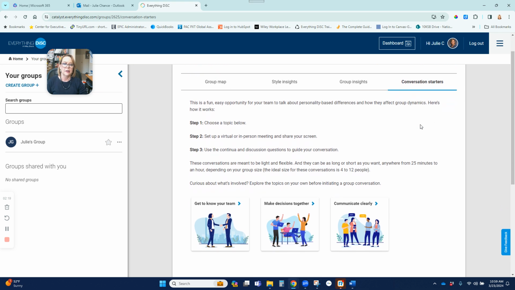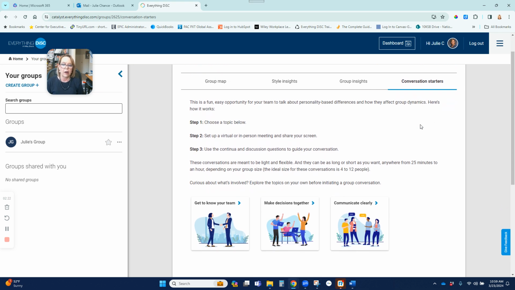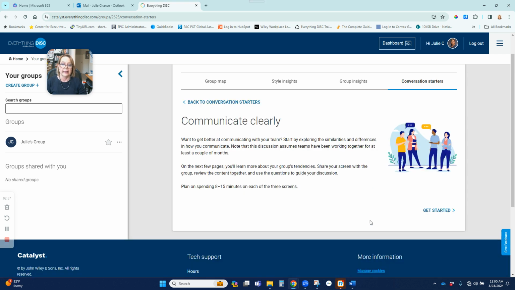So once you click on Conversation Starters, there's 3 options right now. I imagine that more topics will be added, especially if this is a used function. So if people like this function, if there's a lot of usage, I can see additional topic areas being added. Right now there's 3: get to know your team, make decisions together, and communicate clearly. For the purposes of this video, we're going to look at just one, and we're going to look at communicate clearly. So I'm going to click on that, and it tells a little bit of information here about what's going